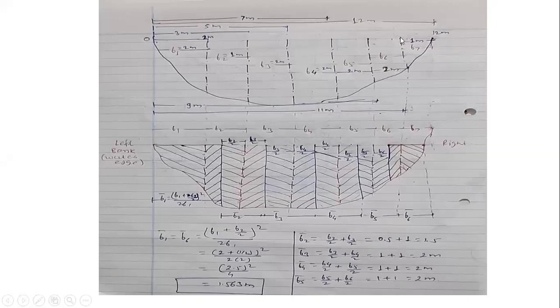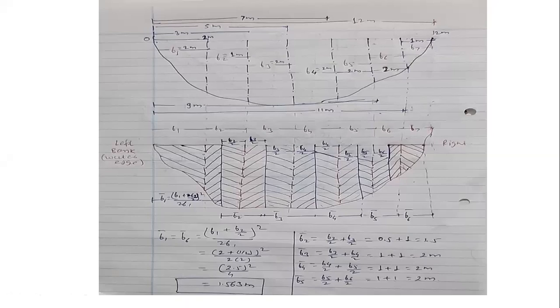Then the next vertical, that is the sixth, we can say, is at a distance of 11 meters from the left water edge. So I have shown here, this is 11 meters. This is the position of the vertical, whereas the previous vertical was at 9 meters. Here is 9 meters. It means the distance between those two is 2 meters. So B6, the width of the sixth segment, is 2 meters, whereas the last reading is taken at 12 meters. So from 0 to this 12 meters. So 12 meters is at the right side bank of the river.